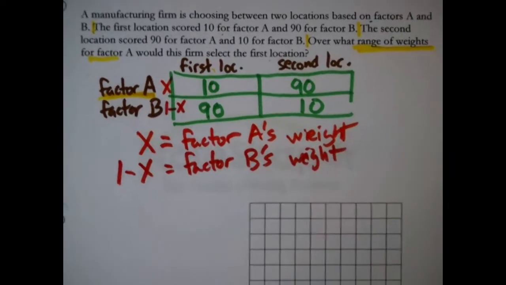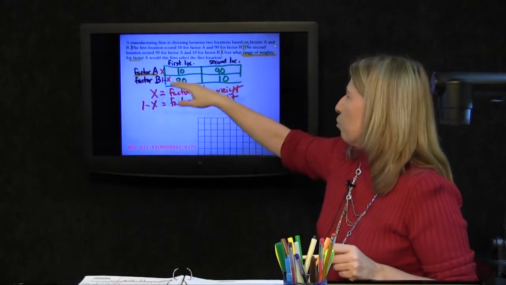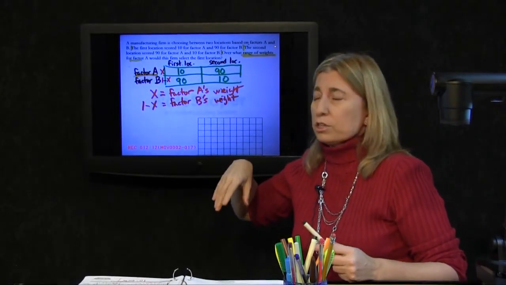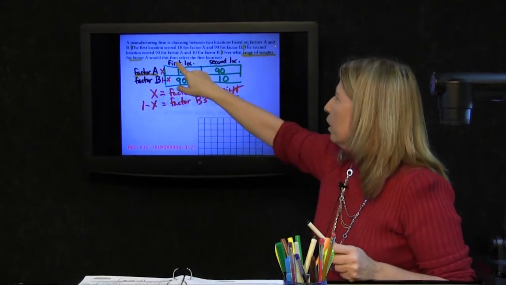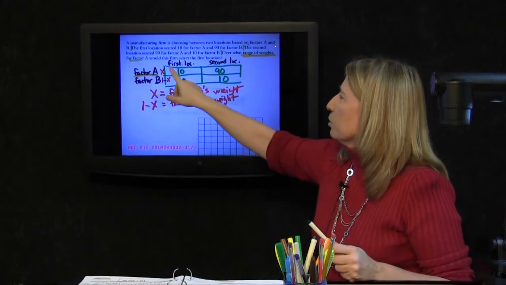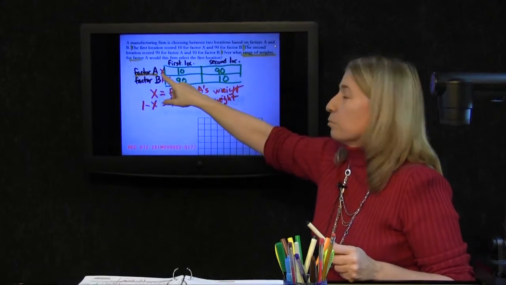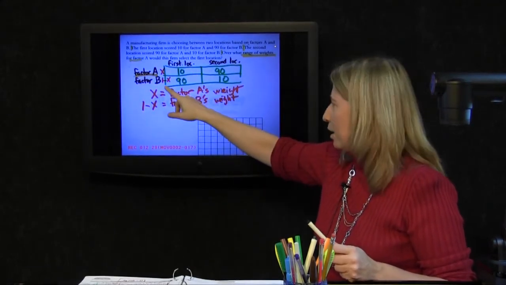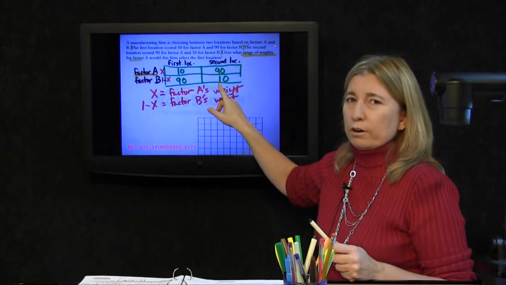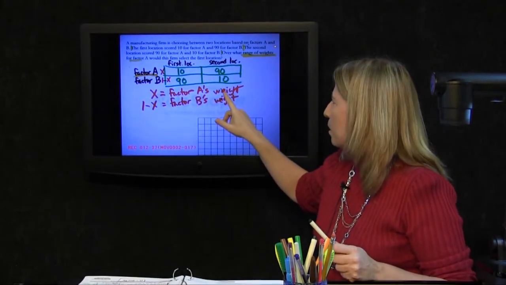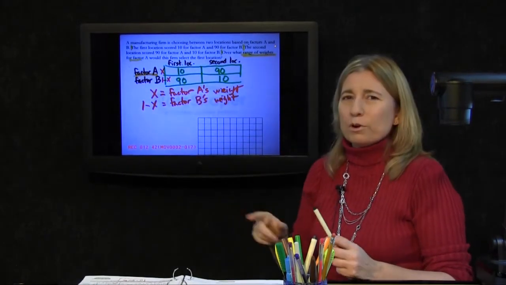Okay, and you might be looking at that saying, okay, we're still not any closer to this range of weights that you'd prefer the first location. No, but actually now we have the tool to figure that out. Because look at the question. Select the first location. You would only select the first location if, when you did this arithmetic, this mysterious number x times 10, plus 1 minus x times 90, if that result was larger than when you did the same thing over here. Oh, now if you pick different numbers for x, you're going to get different scores, but